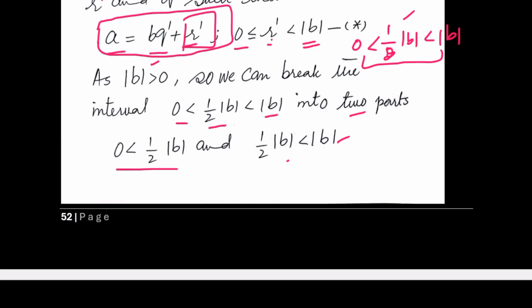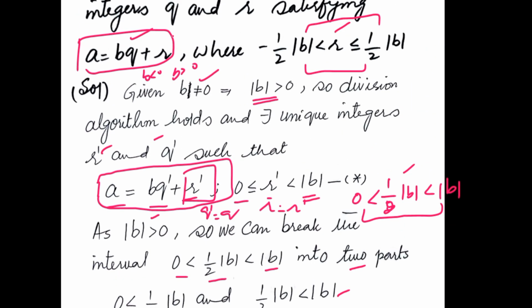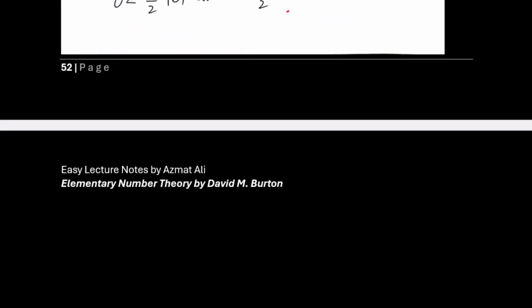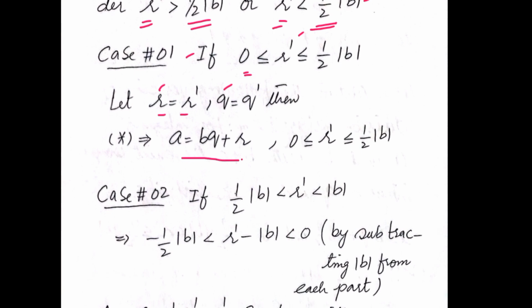If I set here r is equal to r dash and q dash is equal to q, I can achieve this form: a is equal to bq plus r, where my r dash lies between 0 and half of |b|. Case number 2,